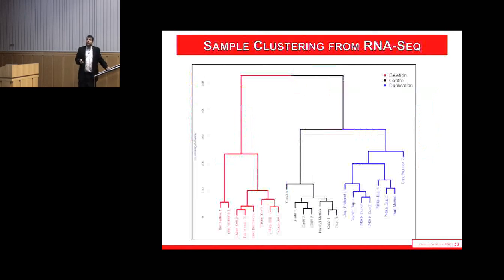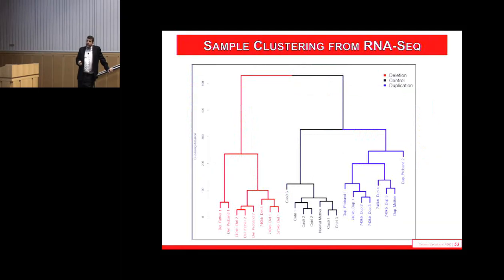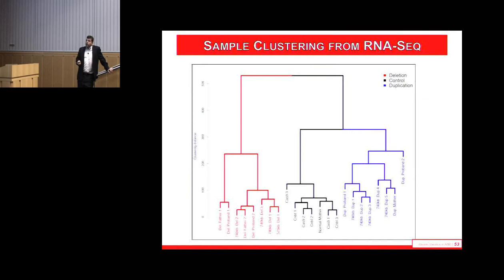This is a look at the chromosome 16 region. And what you see is it turned out quite nicely. So all the deletions cluster together. They cluster with the patients, and the families cluster together, but the 740 kb deletions and the 575 kb deletions also cluster together. All the controls cluster together and with the normal mother, and all the duplications cluster together.